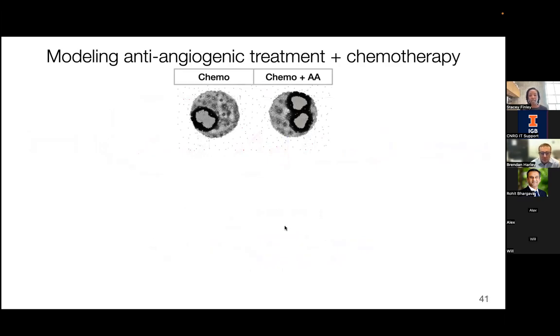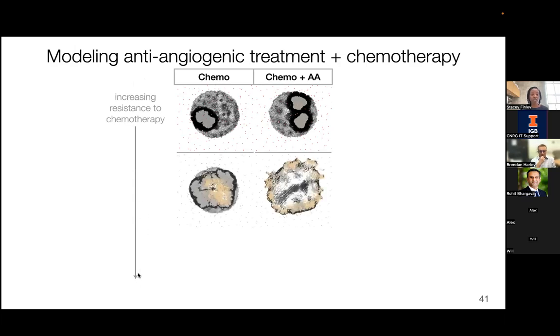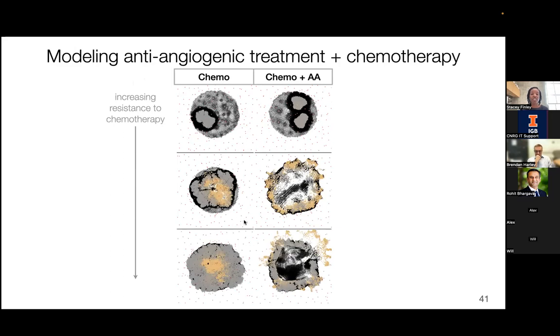And then one last set of results here to show not just the growth curves, but also the morphology and the spatial organization of the tumor when we have chemotherapeutic agent provided alone or chemotherapeutic agent administered alongside of anti-angiogenic agent. And so we can again look at what happens when we increase the resistance to chemotherapy and see how that changes the morphology. Again, I'm now just showing the state of the cells in terms of their migratory ability,